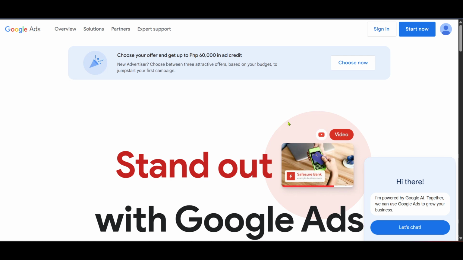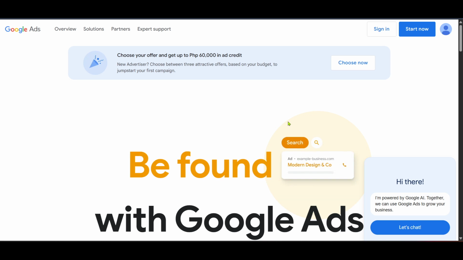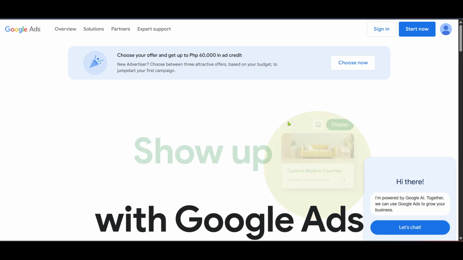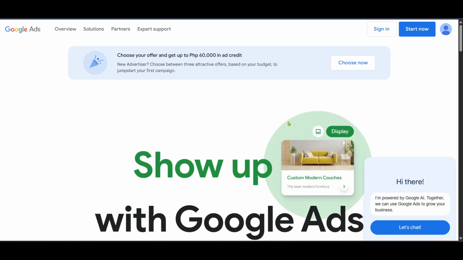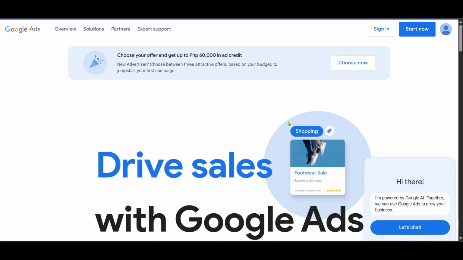First and foremost, open your web browser and head over to the Google Ads homepage. You can find this by searching for Google Ads or by typing ads.google.com in the address bar. This is the starting point where your journey into online advertising begins. Being on this platform allows you to tap into an incredible network that can potentially drive more customers to your